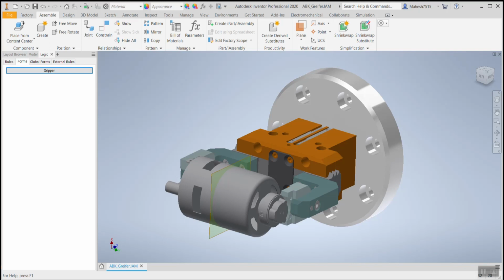So today's topic will be Smart iLogic part 2. Those who have not seen part 1 yet, you can go over there. I have shared the link in the description as well as in the I symbol. You can click over that and see the first part of this session.